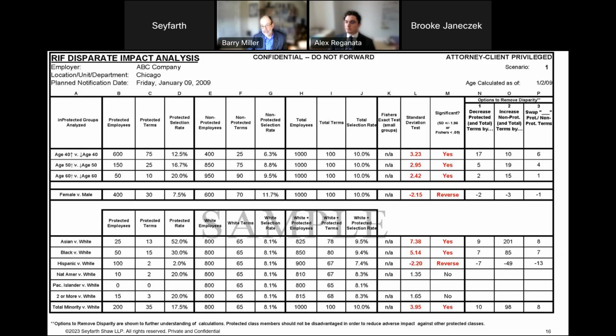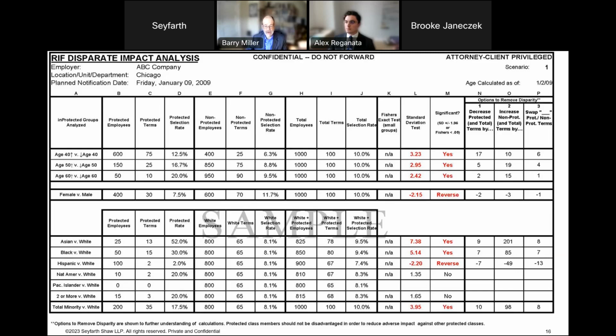We also, in our own process, have a Fisher's exact test for smaller groups, because very often when you're conducting layoffs that involve small decisional units, you won't produce a statistically meaningful result that's expressed in terms of standard deviations. And so we have these alternative statistical tests that will tell us if you're impacting folks in an adverse way, even in a small group. And the utility of that is you can project that out to the numbers that we see in columns N, O, and P here. And if you do this analysis and you see that you have a RIF that would pose an adverse impact on a group, you can reconsider those decisions.